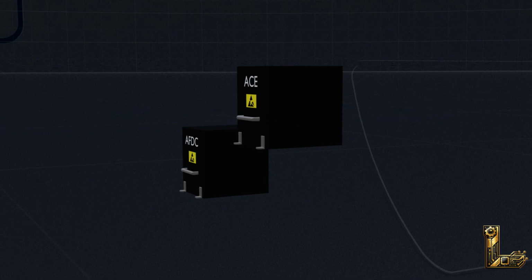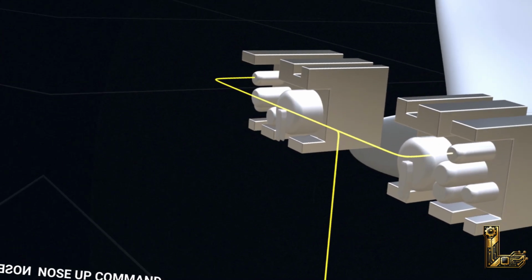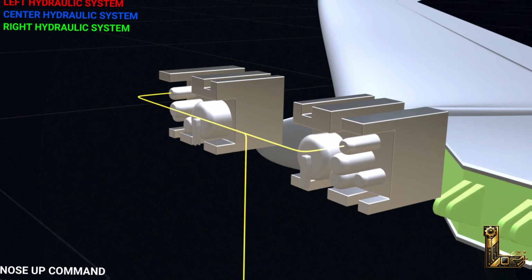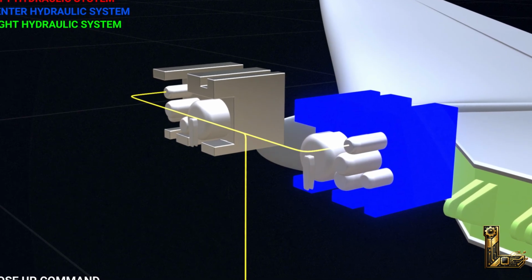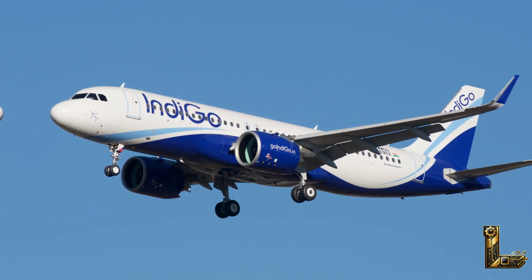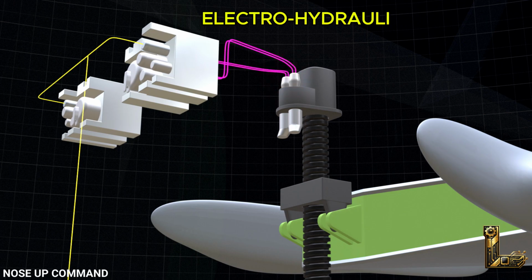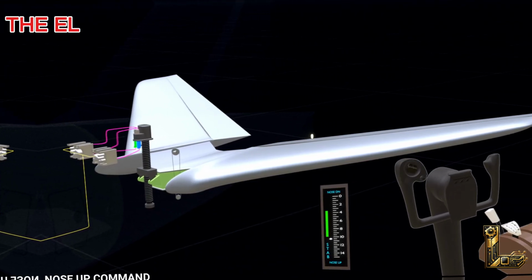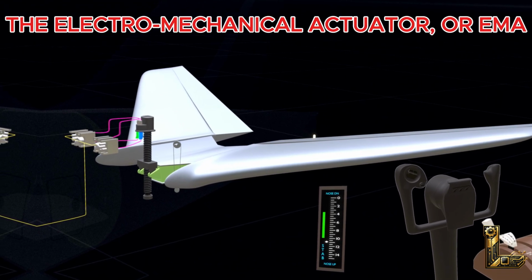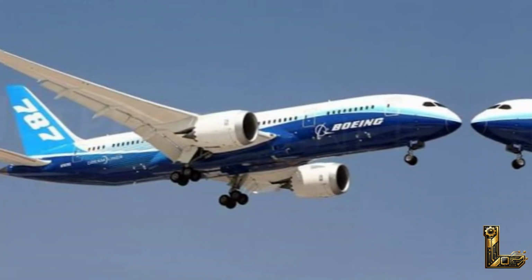Now, here's something most people don't know. There are actually 3 main types of flight control actuators used in modern aviation. First is the hydraulic actuator, the oldest and most common type, used in aircraft like the Boeing 737 and Airbus A320. Second is the electro-hydraulic actuator, which combines electrical signals with hydraulic power for precision control. And third is the electromechanical actuator, or EMA, the newest technology being adopted in next-generation aircraft like the Boeing 787